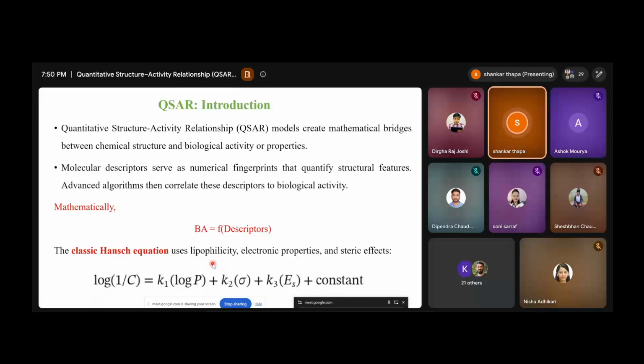As we all know, QSAR means quantitative structure activity relationship. So it's basically the mathematical equations to describe the biological activity in relation with the physiochemical properties or the molecular descriptors. So how the physiochemical properties or the fingerprint descriptors or the molecular descriptors contribute to the biological activity of that compound. So that is the QSAR. It's basically the mathematical solve of the biology.